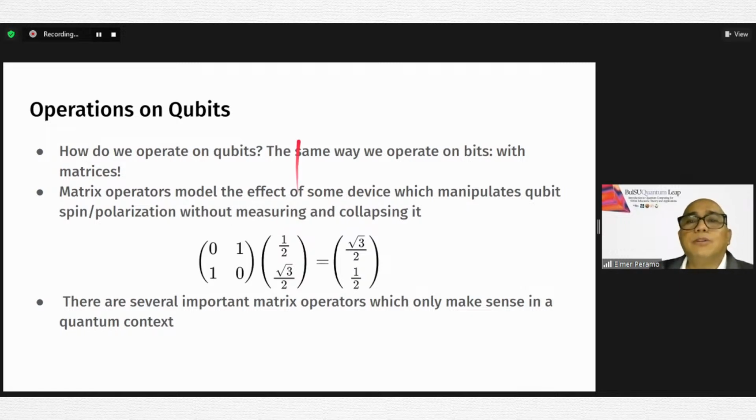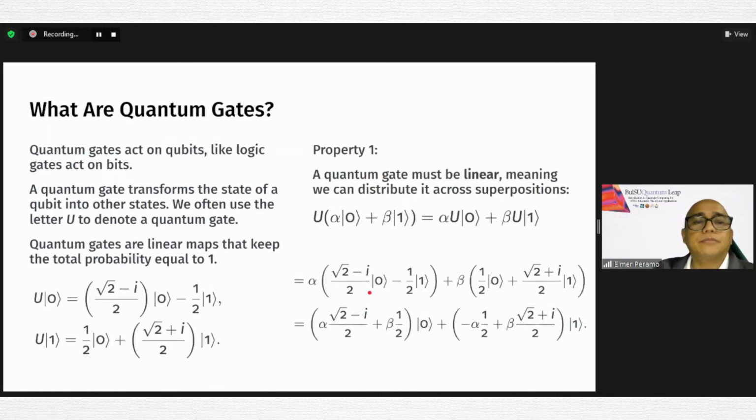So how do we operate with qubits? The same way we operate with bits, using matrices. In this case, this is an example of a matrix, and this is an example of a quantum state. So basically, we just multiply them, and then the resulting product is another quantum state. So what are quantum gates? Quantum gates act on qubits like logic gates act on bits. I have already discussed this, but